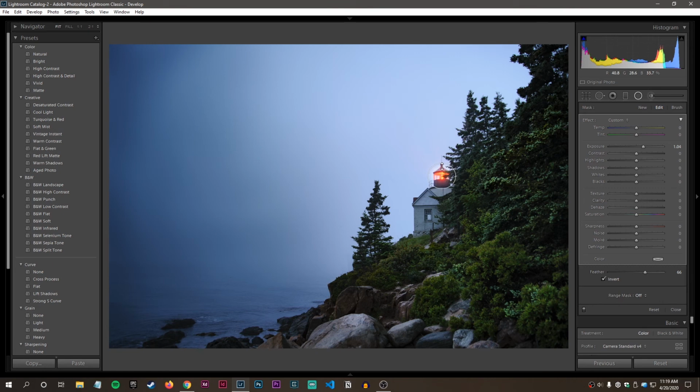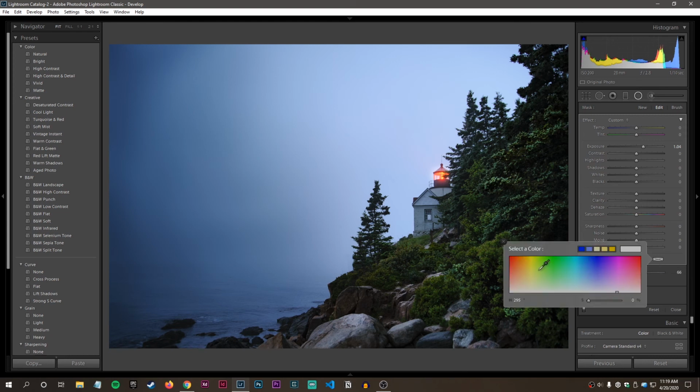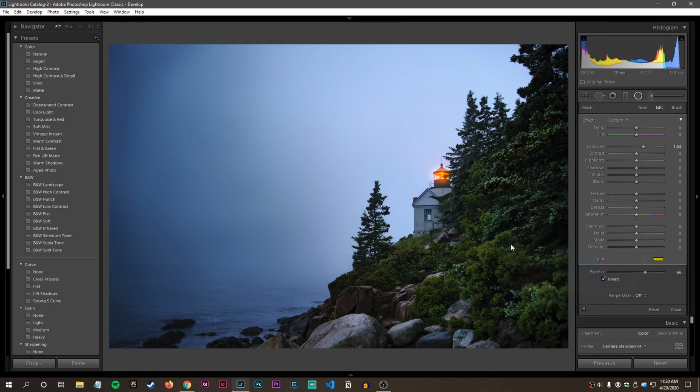Might even bring this down a little bit. Don't want it too noticeable. And then you can use the color swatch here to have a color overlay. So I can crank up the orange or the yellow a little bit. Something like that. And maybe bring it down just a touch. Bring the feather. So now you can see,